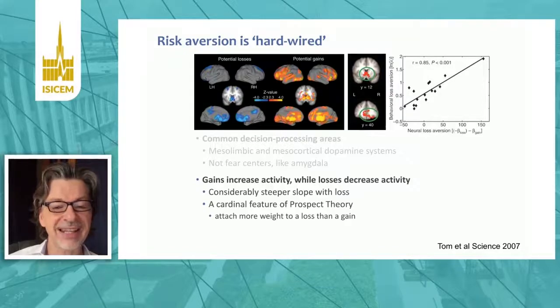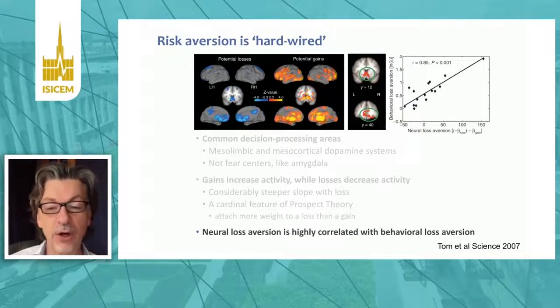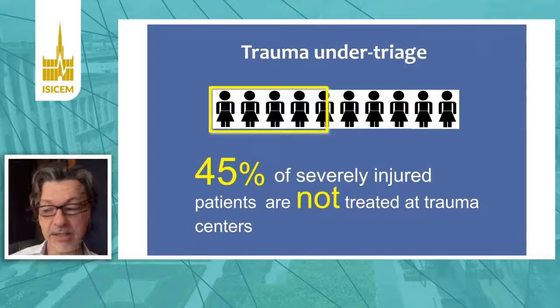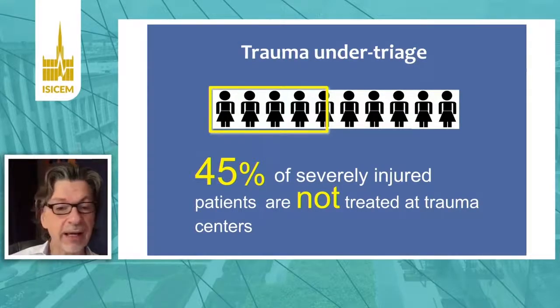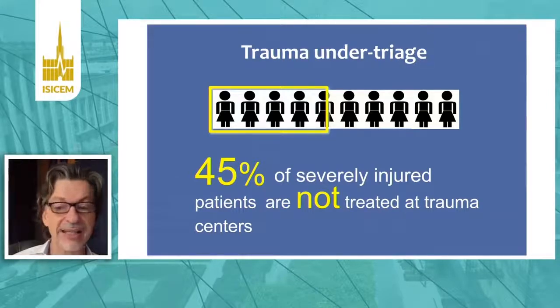And the interesting thing is that there was a steeper slope with loss. You felt worse about losing something than you felt good about gaining something. And this was highly correlated. Risky people were more likely to have a different set point on their dopamine. So when we turn this to doctors, we find that, for example, if we take a simple decision such as